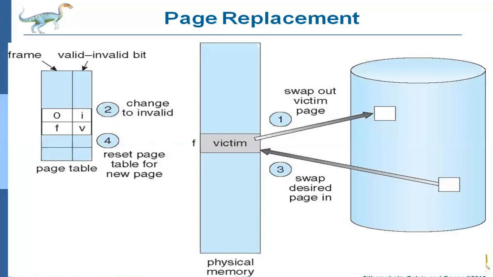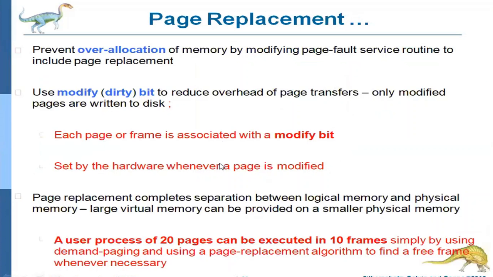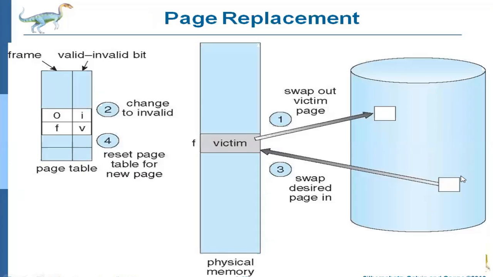The first step is to find the location of the desired page on the disk. So whenever the CPU wants to execute a process, it will require some page, say the 0th page, at the 0th position frame. That page is not available in main memory because the memory is full. Memory being full means we have to bring the desired page from the disk into physical memory. Or if the desired page is not in main memory but a free frame is there, we automatically swap the desired page into that free frame.